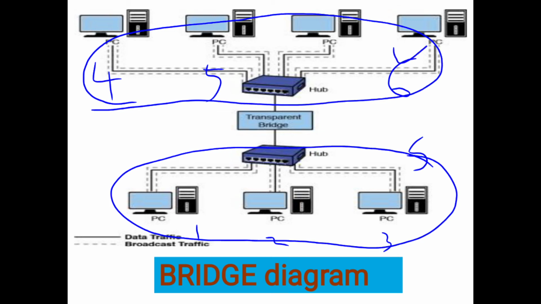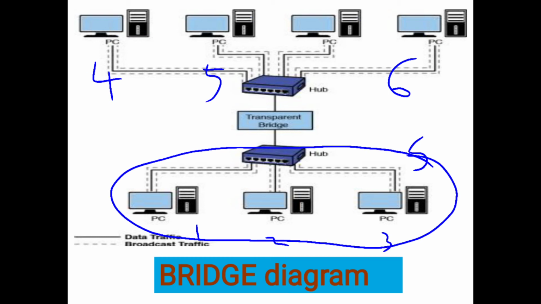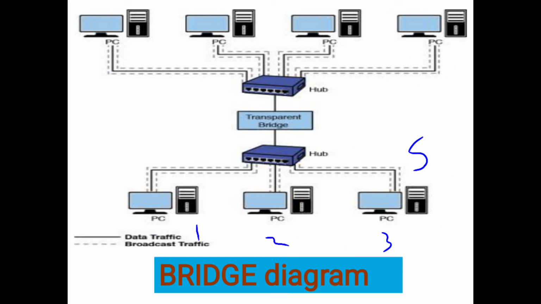Similarly, if the 6th computer is requesting any information from 4 or 5, the other 3 computers 1, 2 and 3 will not be disturbed. So this way our internet connectivity speed is saved to a greater extent. Only at times when the 6th computer is requesting some command from either 1, 2 or 3, it has to travel the whole circle. Otherwise the bridge is very helpful, because it divides your whole network into two equal parts, and when the first half is requesting data, the second half of the LAN will not be disturbed at all.